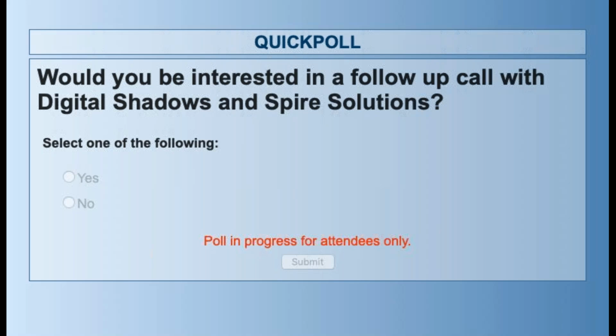Okay, great, thank you. And then another one that's come through is, how do we get the assets, and do we have to install anything? I think I'll hand over to Tom for this one. Yeah, absolutely. So to answer your second question first, no, you absolutely don't need to install anything. One of the fantastic things about Digital Shadows is we look at your organization in the same way that a threat actor would from the outside. So whilst there are integrations available, if you wish to use them, they're completely optional,